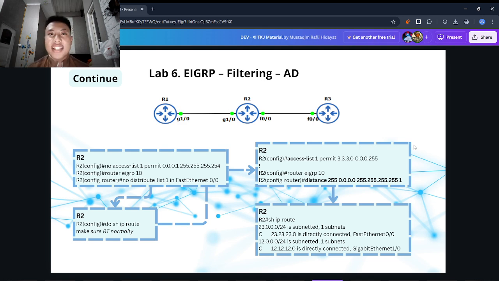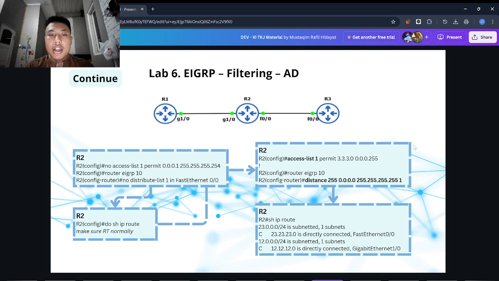The purpose of the lab is to demonstrate how administrative distance can be used as a filtering and route control mechanism in EIGRP. Unlike ACLs or prefix lists, which explicitly block or allow routes, AD influences route selection priority, and by changing AD, we can make certain routes less preferred or even completely ignored by the router.